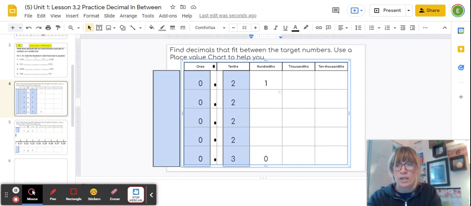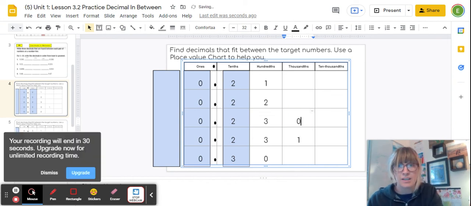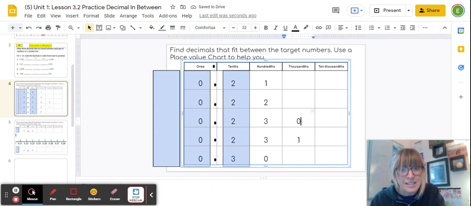So I could say 22 hundredths, which is just bigger than 21 hundredths, right? I could say 23 hundredths. That also works. I could also say 23 hundredths and 1 thousandth, 230 thousandths, which is slightly bigger than this here, and it's still smaller than our end target of 3/10 or 30